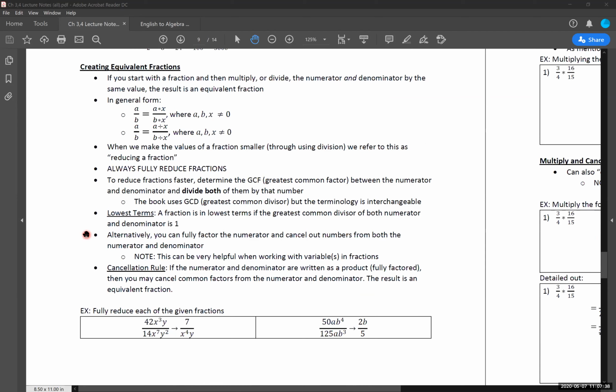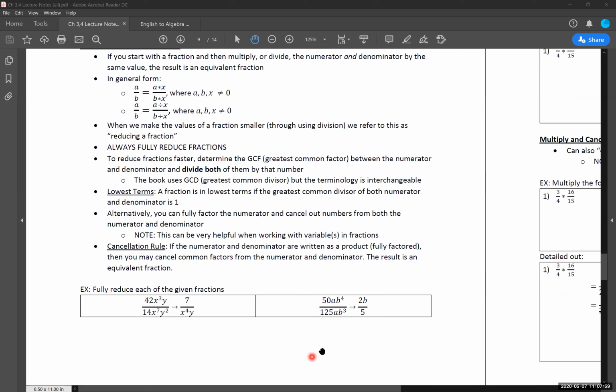Okay? So you worked with our definitions that we had here, multiplying top and bottom, dividing top and bottom, multiplying top and bottom, dividing top and bottom. We have the cancellation rule, which is basically just the fancy way of saying I have something fully reduced in our definition for it and how we cancel things out. And we left off right before going through a couple examples that we have here.